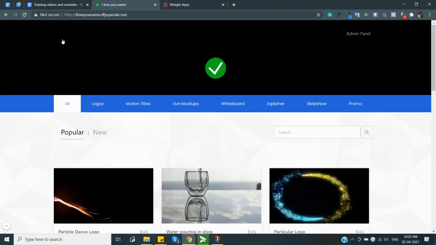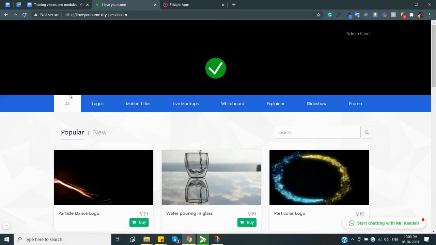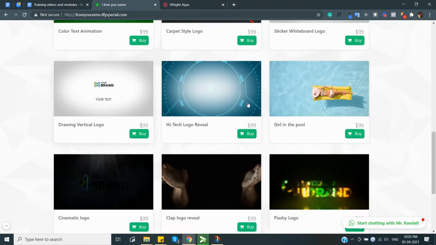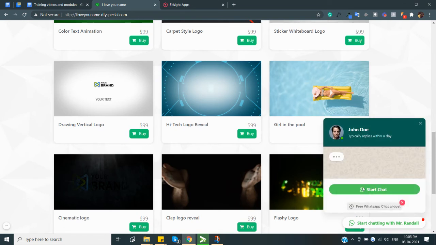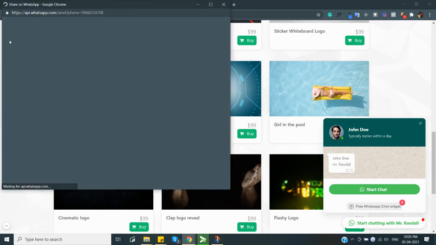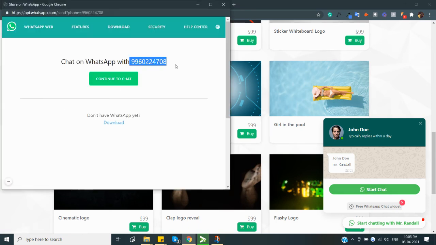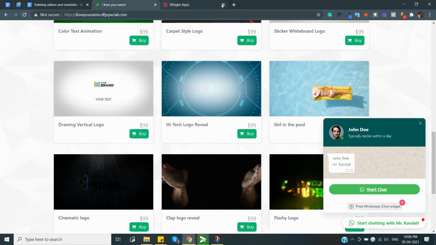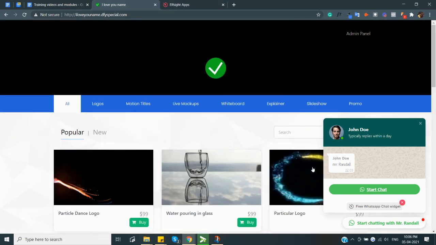Awesome. So this was all that we needed to do to have a live chat option on our DFI site. So yeah, just click on start chatting, and they will be redirected to your own WhatsApp, so that you can converse with them. If there's anyone who needs help with your site, if they need some discounts or offers, you can even just give them the option to add something like this.